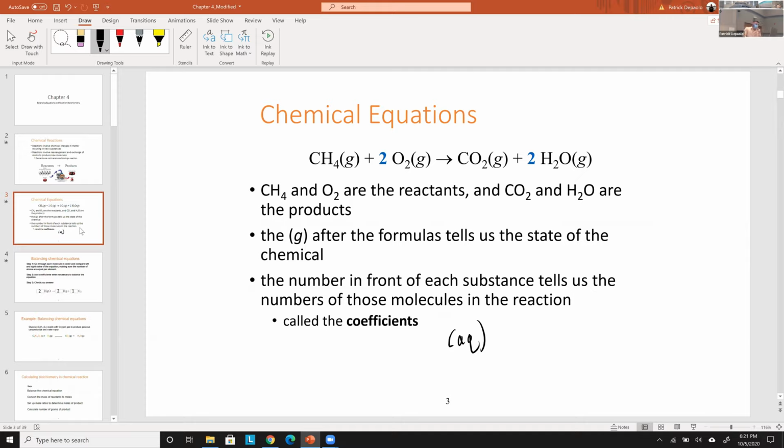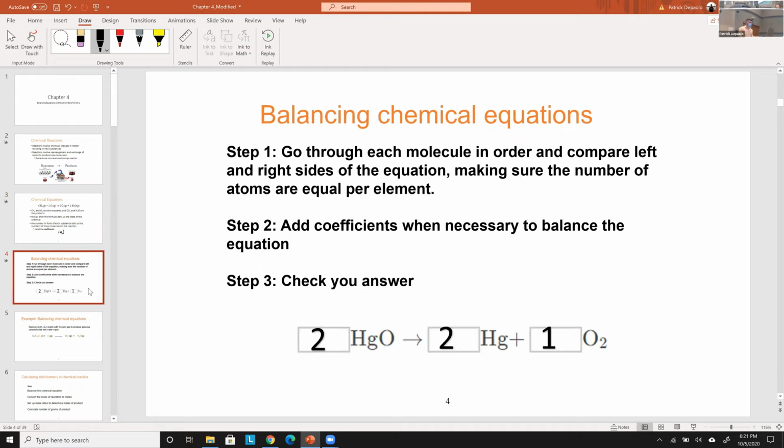So if you have a reaction that takes place in aqueous solution, that means this entire reaction is happening in a water-based medium. Whereas if it's happening in a gas form, it's happening in a container that's maybe a vacuum-based media. So that tells you a lot. Also, you can have reactions as a solid as well. So I think I said that already, but yeah. Okay, so